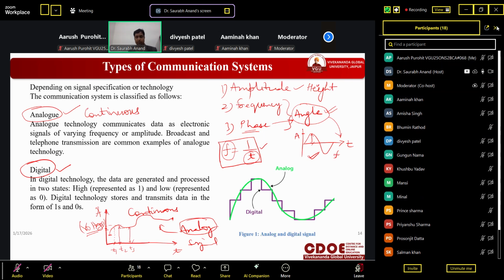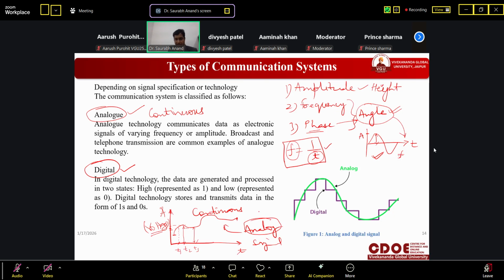Okay. So this is about the analog. And once we see the digital, digital means it is actually binary. And binary means 0 or 1. The information will show either 0 or 1. It means there will be two levels only. Like in this case, there are n levels. This is this, this is this, this is this, right? So at every time, the level is different. So we can say it is infinite or n number of levels. But in case of digital or binary, there will be two levels, either 0 or 1,